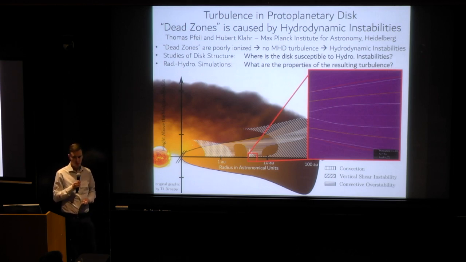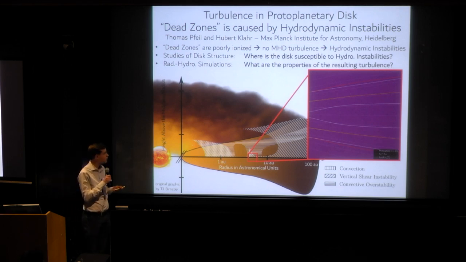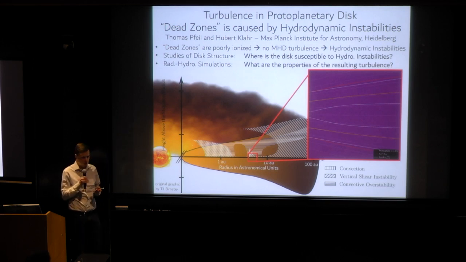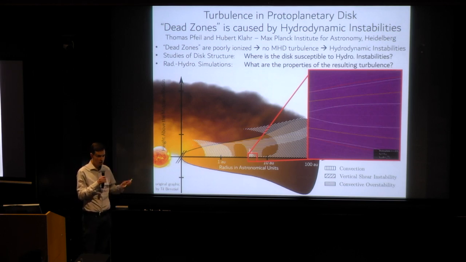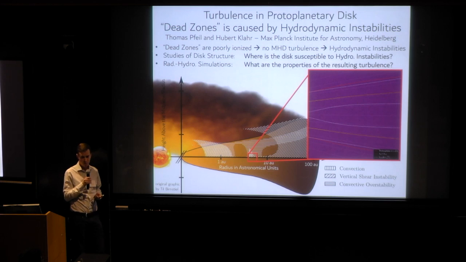And secondly, because turbulence leads to the formation of flow structures like vortices, which then collect little dust grains and thus help us to form planets in these disks. In accretion disks which are very well ionized, like around black holes, you have MHD turbulence caused by, for example, the magnetorotational instability. But the disks around young stars that we are working with are very cold, very dusty, and therefore very poorly ionized. And this means that this MHD turbulence cannot be present there.